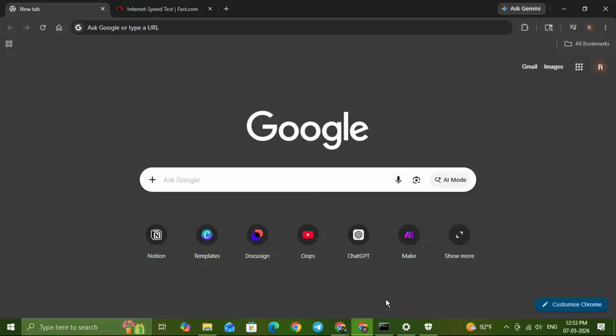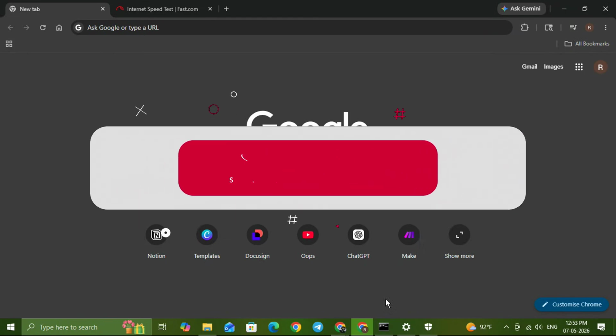If Chrome is showing the ERR_CONNECTION_REFUSED error, don't worry, because in this video I'm going to walk you through the fastest fixes step by step. This error usually means your browser is trying to reach a website, but something on your device, network, or security software is blocking the connection. The good news is that in many cases, you can solve it in just a few minutes without reinstalling Chrome